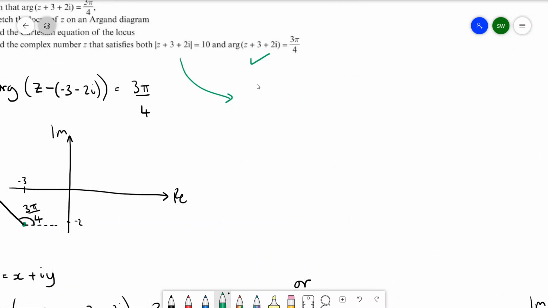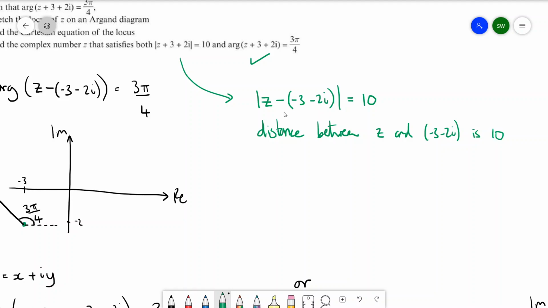geometrically. Remember, if we were to think about this geometrically, we're going to write that as the modulus of z minus, and then inside the bracket we're going to have to put minus 3 minus 2i, is equal to 10. So remember, we think about z minus (minus 3 minus 2i) as the vector that goes from minus 3 minus 2i to z. And we've got modulus symbols around it, so we want the length of that vector to be equal to 10. So this is going to be all the points that are a distance of 10 away from this point here. So all the points that are a distance of 10 away from there, that's going to be a circle,